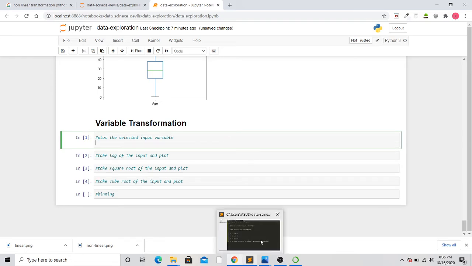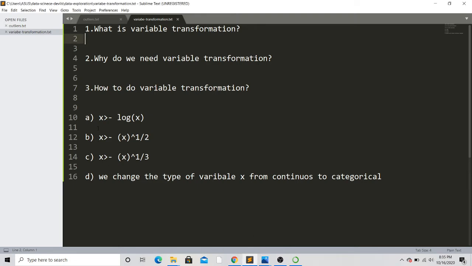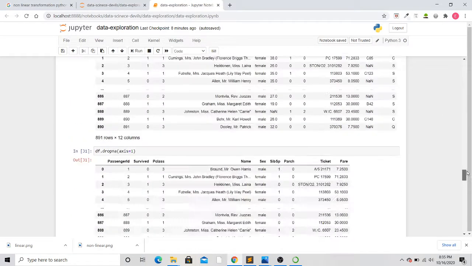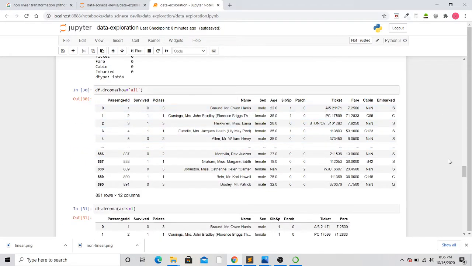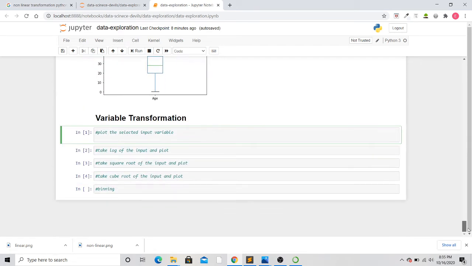What was my first way? The first way was to change the input variable x to its log. Here I am considering the age column for simplicity, so my input variable is the age column. First of all, I will plot it to get an idea of what my input variable's distribution looks like.